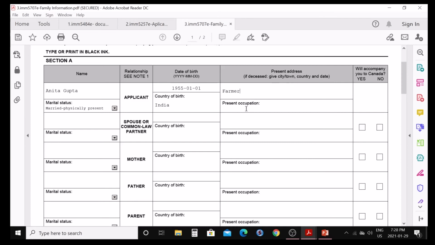Present address, oh, so we're going to write present occupation down there, I'm sorry, here. And on the top we need to write our address. And I'm sorry, I don't remember the whole address right now, so I will write something like what I wrote there. I think 75 Mira Road, but you need to write the whole address there, the whole address. Okay, so I'm just writing this much, but you need to write your full address, what you wrote before. Next you're going to write about your spouse, so you write Deepak Gupta here.